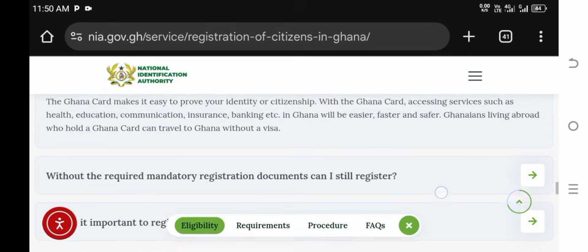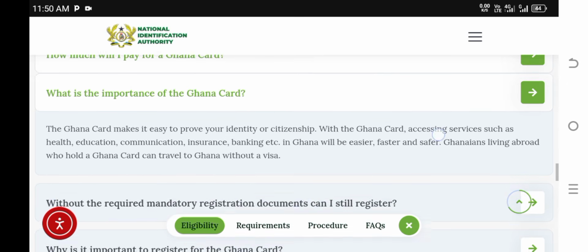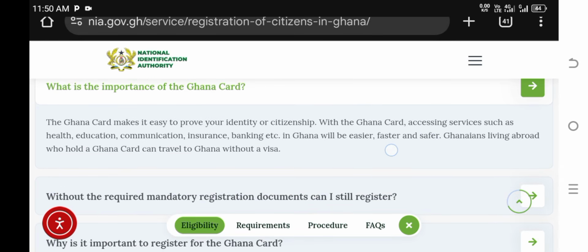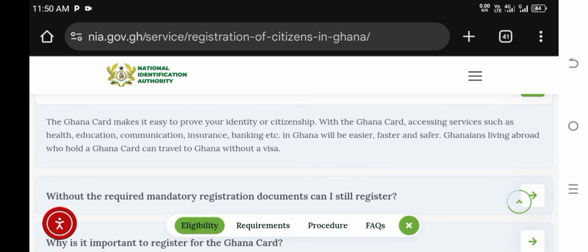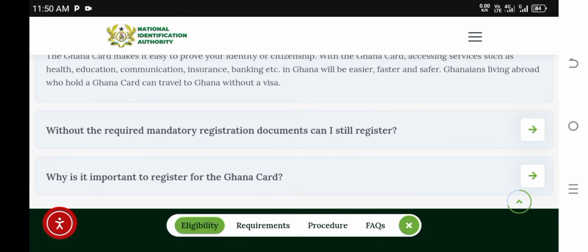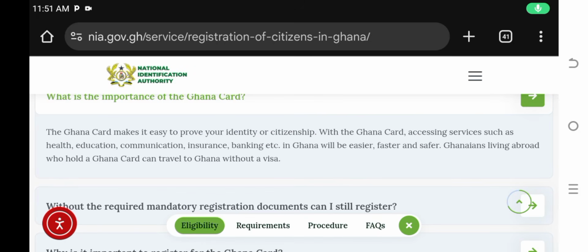You already know the importance of getting a Ghana card, but then again, let me sound it clear. Let me repeat again. So the Ghana card makes it easy to prove your identity or citizenship. With a Ghana card, you can access services such as health, education, communication, insurance, banking, etc. So if you're in Ghana right now, you can attest to the fact that right now the Ghana card is basically used for everything, even the food. So the Ghana card is one essential document that you have to get. So you have to take note